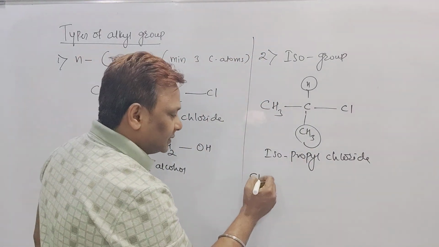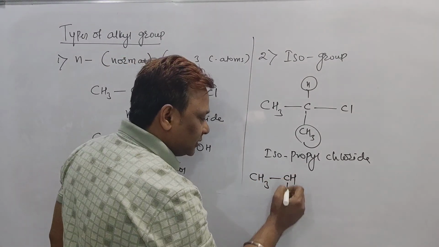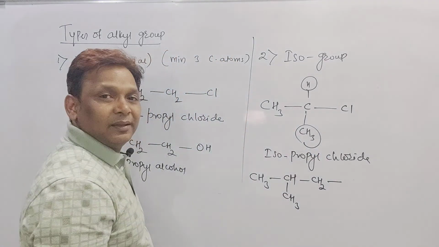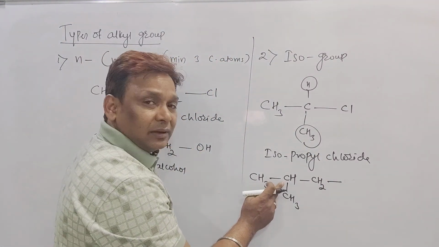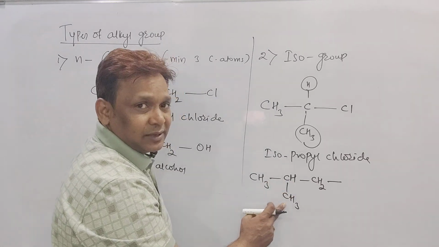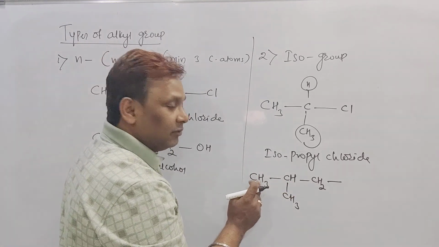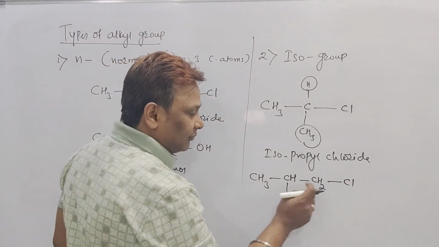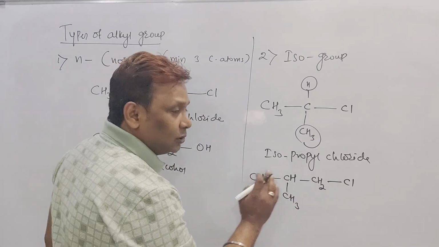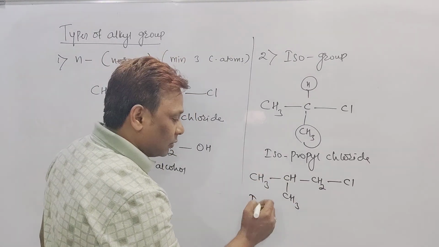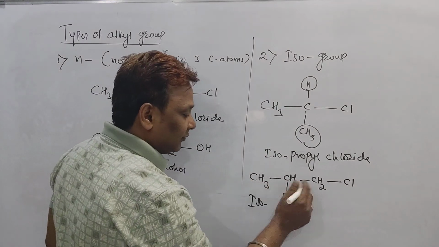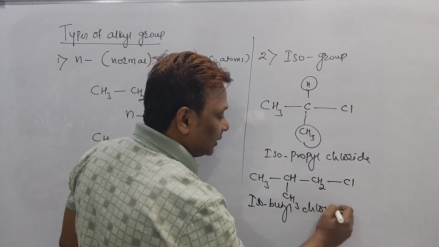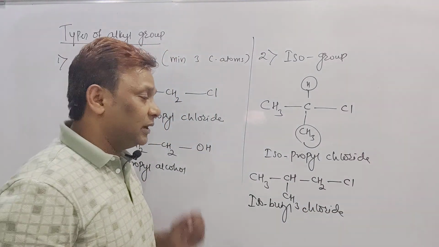This is a CH3, this is a CH, and this is a CH3. Then I should write CH2 and again a free bond. I told you the last but one carbon having H and CH3 is called iso. Total number of carbon count here is 1, 2, 3 and 4, and put the Cl. So 1, 2, 3, 4 carbon, this group is called iso. Total number of carbon 4, then we can call it iso, 1, 2, 3, 4 called butyl, and Cl attached over it called chloride. This is called isobutyl chloride.